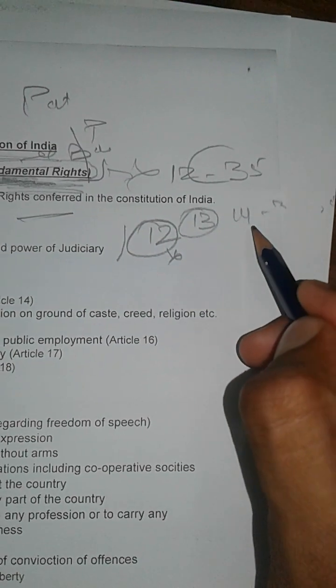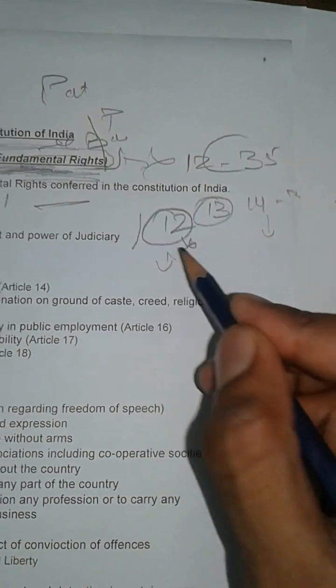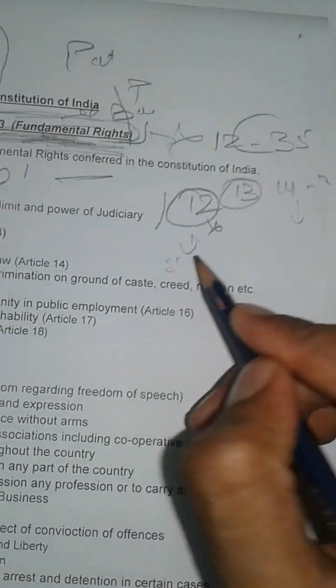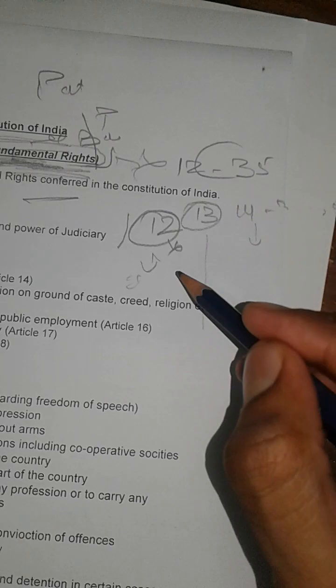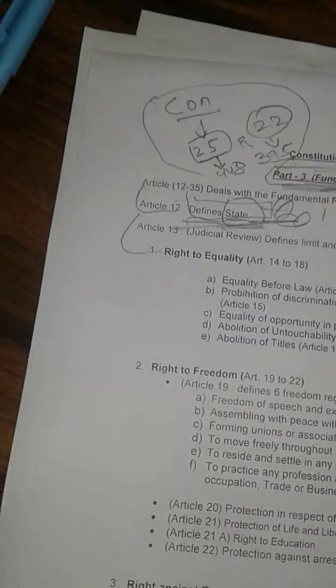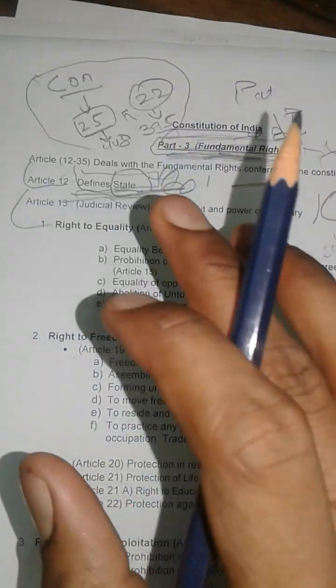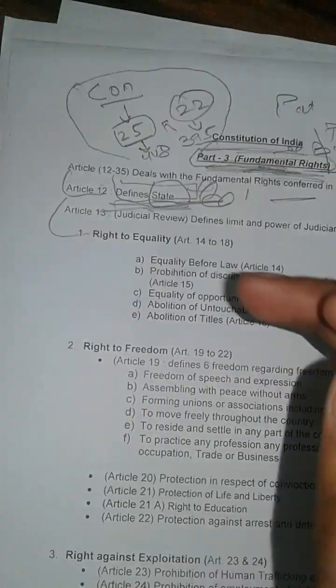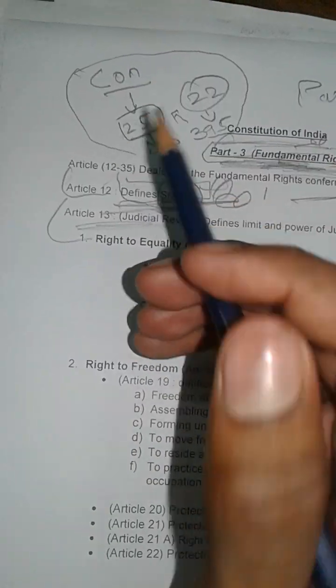So Articles 14 to 35 define the fundamental rights, and Article 12 defines the state. But what if anyone's fundamental rights are being violated? So here comes Article 13. Article 13 tells about judicial review. If the state makes any policy which wholly curtails the fundamental rights, then through judicial review, the courts of the country